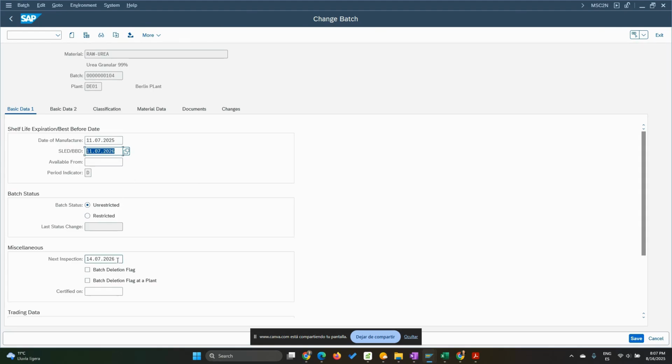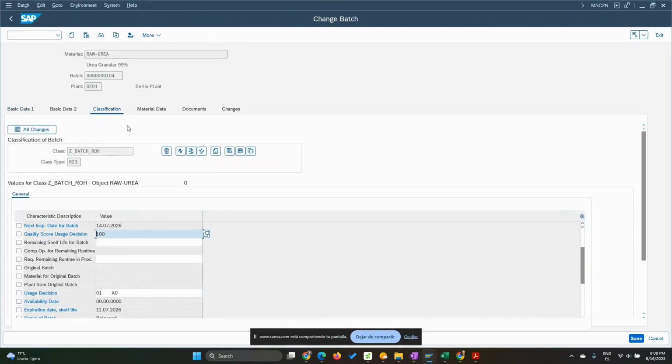Next inspection is going to be still next year, right? So we shouldn't have any problems here, right? But then we need to check classification. In the classification, you can check one thing before going into the details, because now I know what is missing here, right? But before going there, you need to check status,